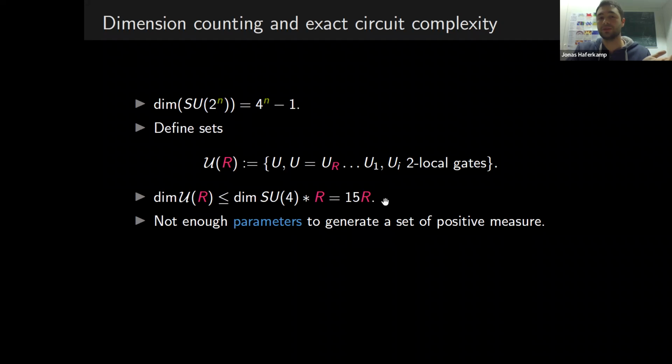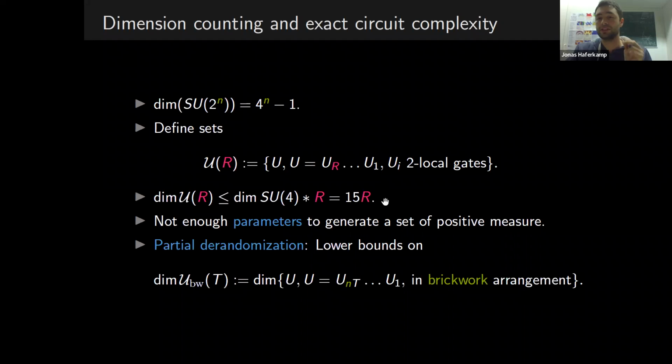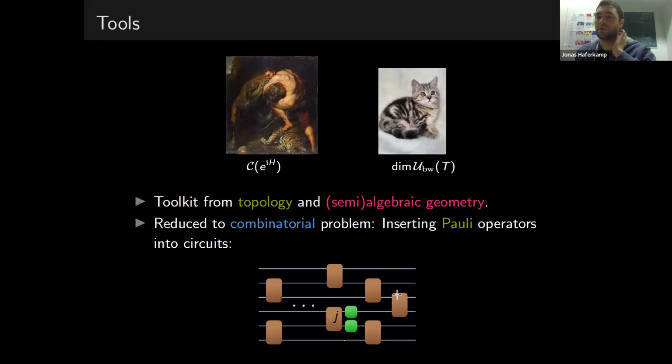And the idea for the second result is to de-randomize precisely this counting argument. Namely, we now have to lower bound the dimension of the set of unitaries that can be generated in this brickwork architecture. If we have a lower bound that scales linearly with the depth, then we also know, because the other upper bound is also linear, that less than linear circuits will always make up a measure 0 subset, necessarily, simply by dimension counting. And I should say, it's a bit difficult somehow to make some of these things rigorous,